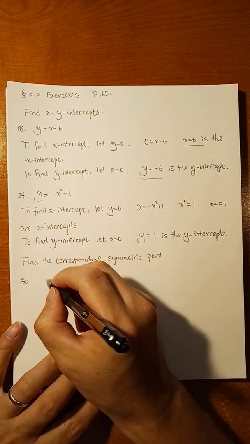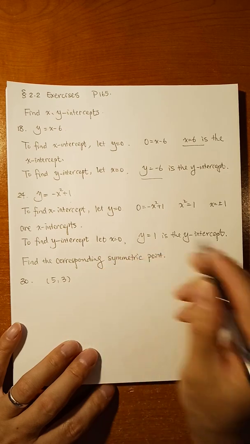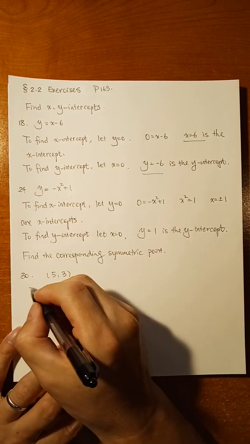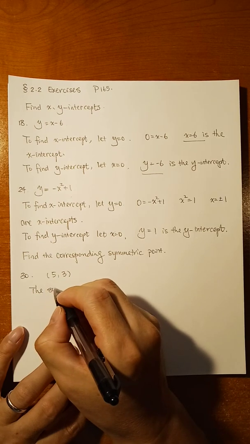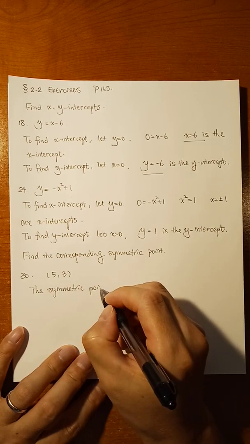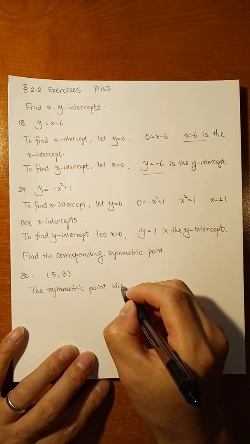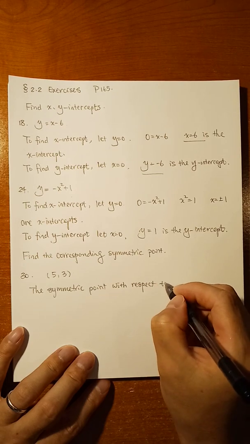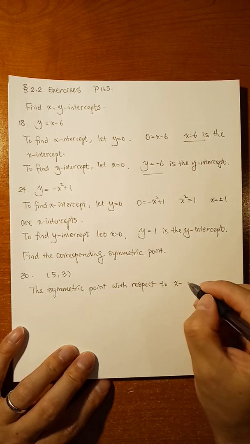Problem 30, assume you have a point 5, 3. Okay, now let's see the symmetric point with respect to x-axis